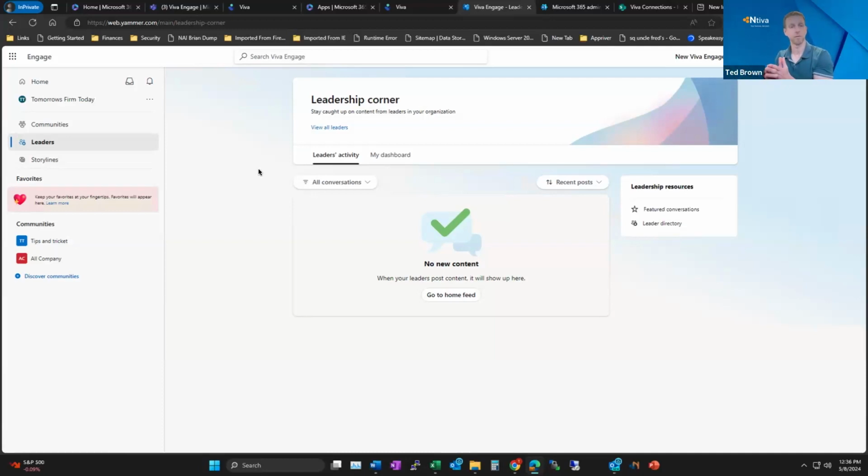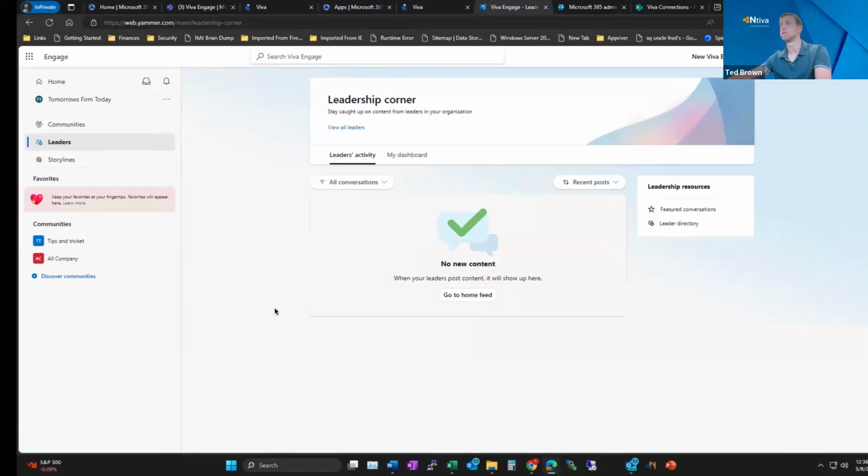So a one-stop shop for people to look at what the leader is trying to communicate to the employees. I find it a nice little place to get information on what is going on with the organization, kind of harness the culture, what's going on, and be that one-stop shop of what's going on within the organization. And again, a little bit similar to what happens in Viva Connections, which brings me to